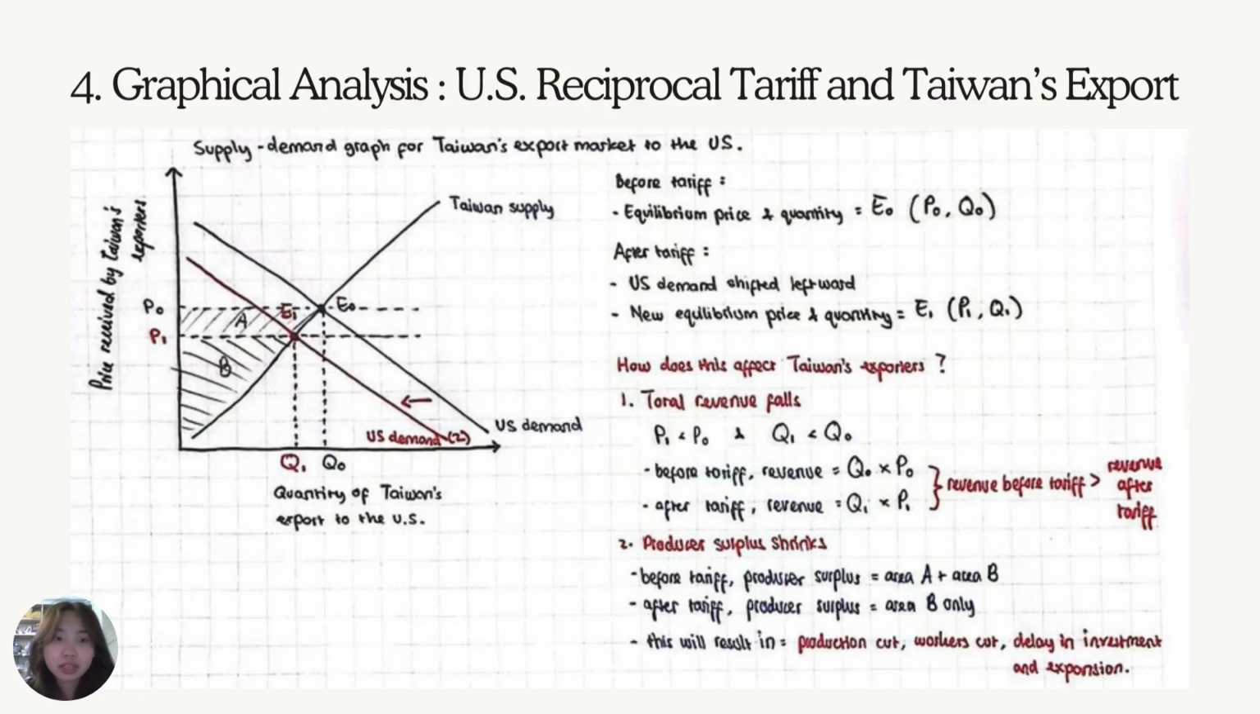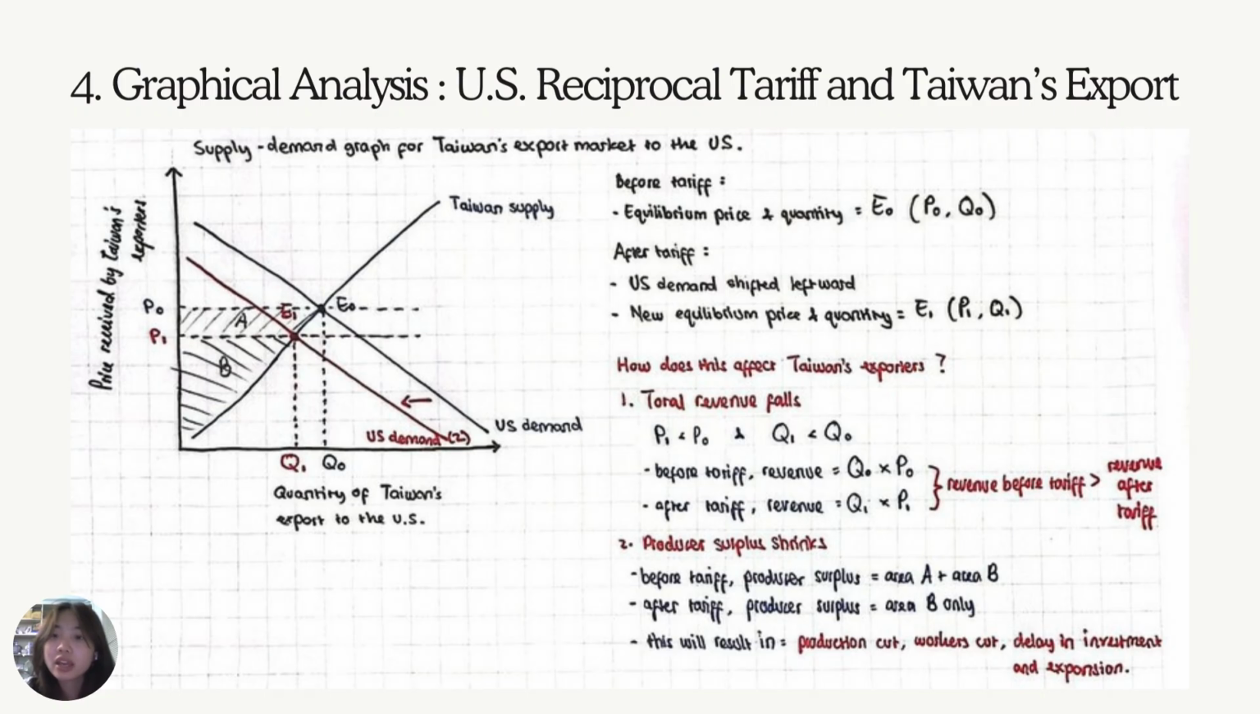Now let's go to the second graphical analysis, which shows the relationship between US reciprocal tariffs and Taiwan's exporters. So this is a supply and demand graph for Taiwan's export market to the US. The y-axis shows the price received by Taiwan's exporters, and the x-axis shows the quantity of Taiwan's exports to the US. Before a tariff was imposed, the equilibrium is shown on E0, and the quantity is Q0 and the price